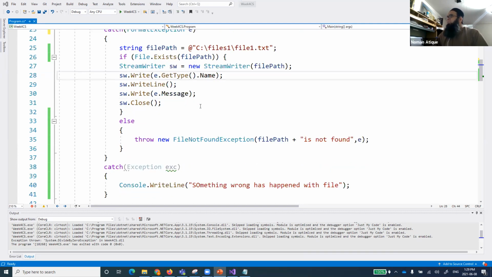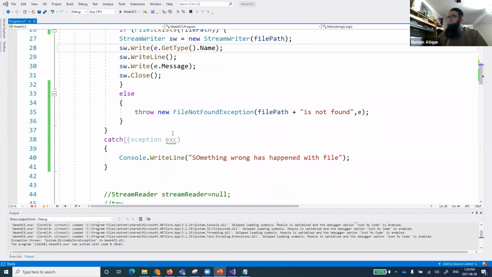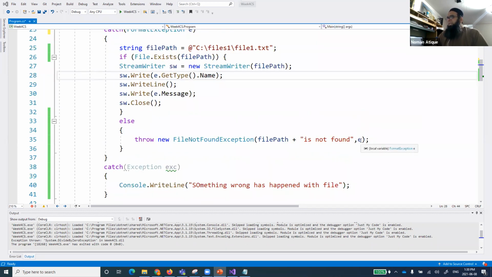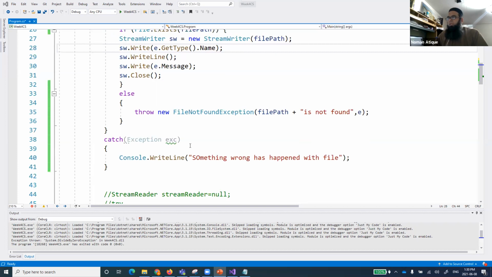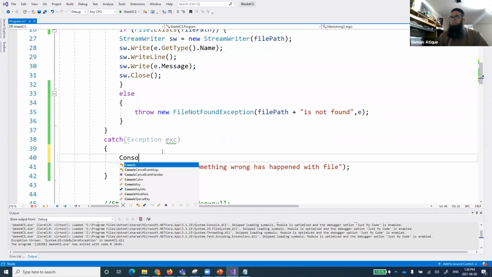So now you see that we have passed that exception, and what I can do is use this exception which has been passed from over here, this E, and work on that one. So I will be doing what? Okay, this key should be received in that one. Let's go and do that.